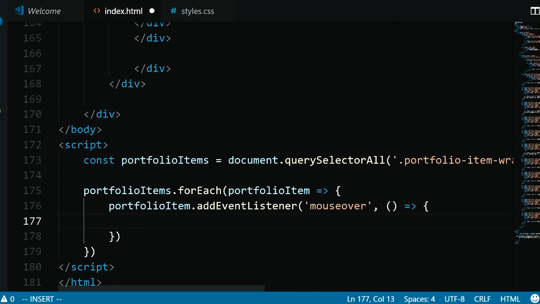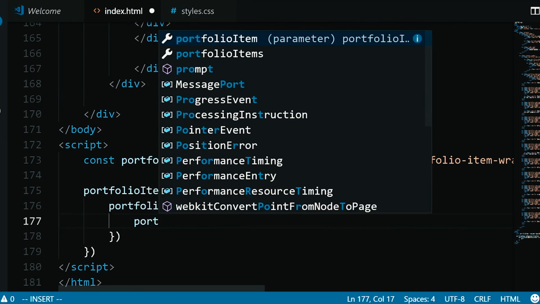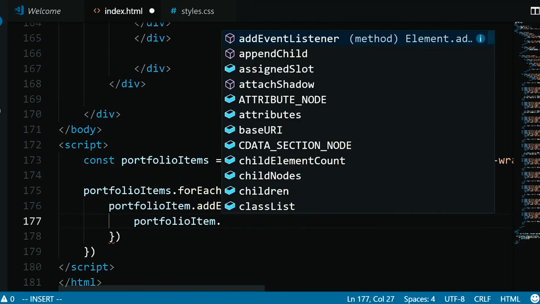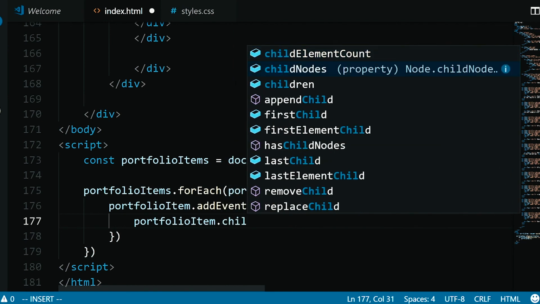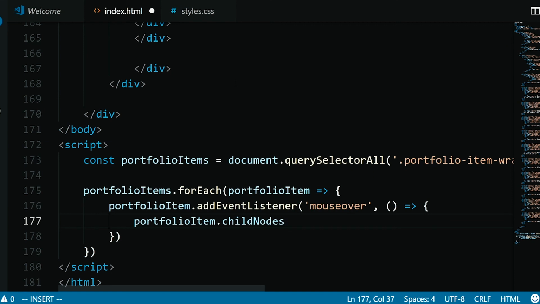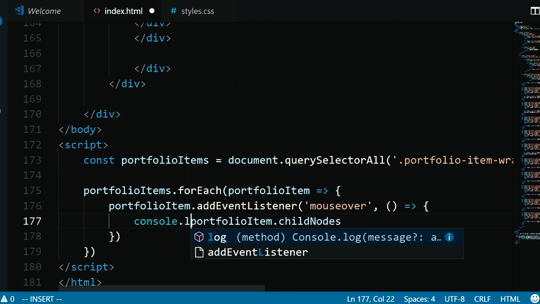So what I'm going to do here is say portfolio item dot, which is what we just console logged, dot child nodes. What that means is, if you remember, we had those child nodes, which means those nested divs. We had those nodes come out. If I want to, I can just say console log